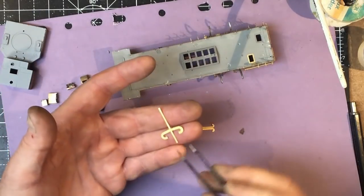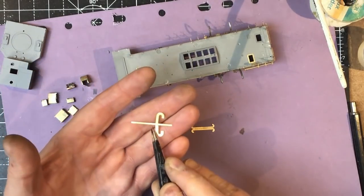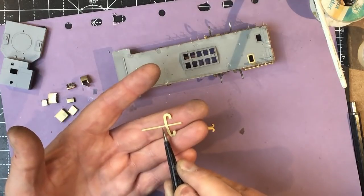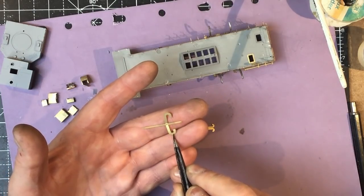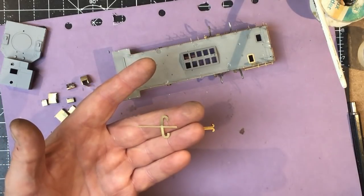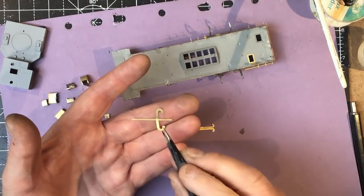So I can go with that one, but this Pontos part wants us to fold or bend these two very thin strips around the perimeter of this shape, which to me is just a ridiculous sort of proposition really. So what I'm going to do